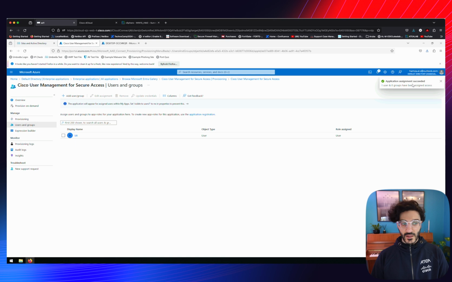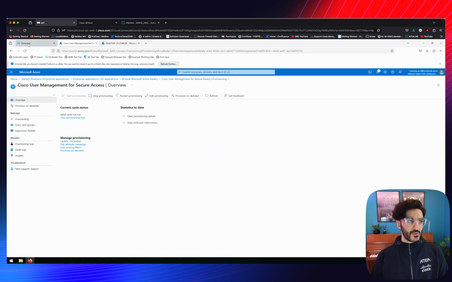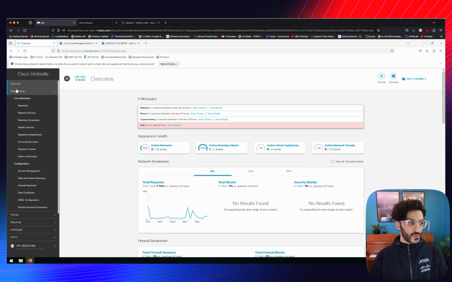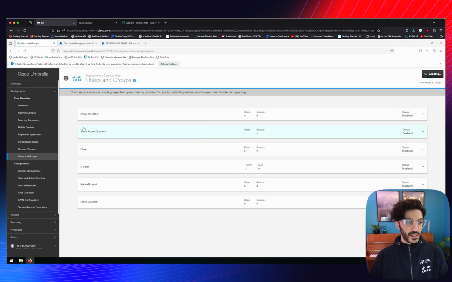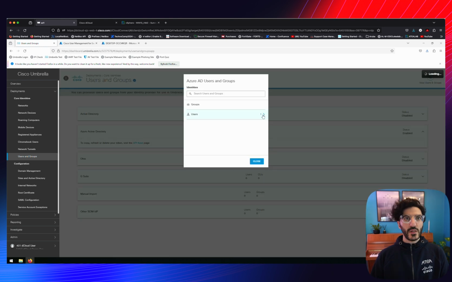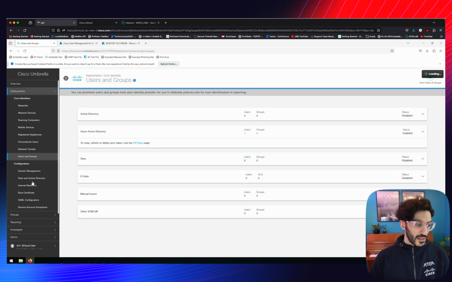Application assignment succeeded. And now if I go back to my Umbrella dashboard, go to Deployment and click on Users and Groups, I can see that the Azure Active Directory status is enabled. And if I click on the users, I can see that I have one user, and click the arrow, I can see that this is my test username that I created in my Entra ID. And what I can do now is to go back to my policy again